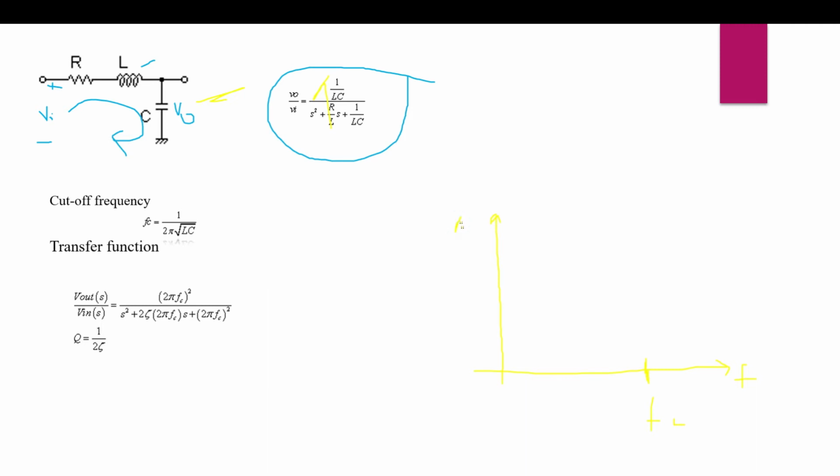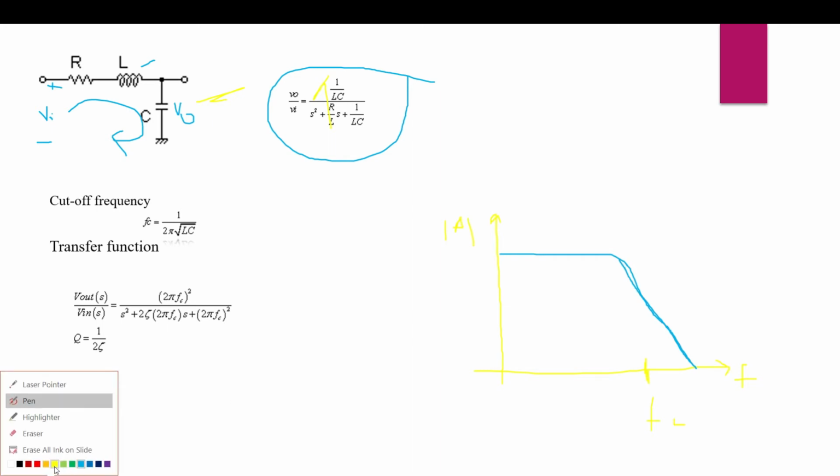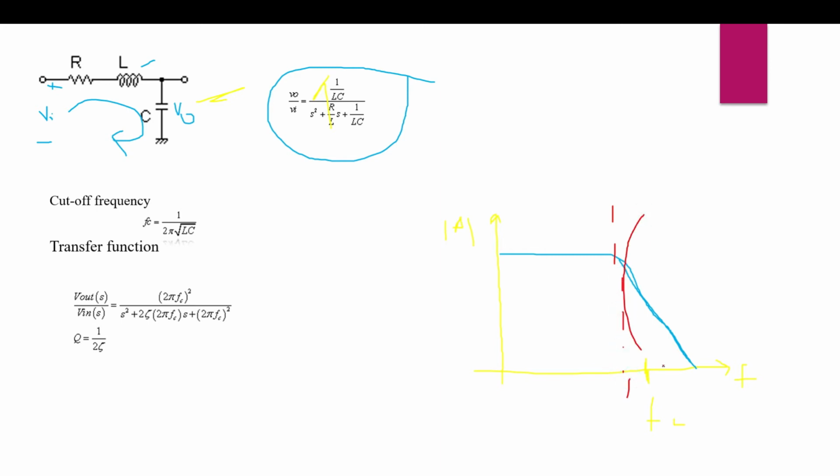So we are plotting gain versus frequency, right? For the LC circuit to behave as a low pass filter, it has to allow a certain range of frequencies, and after that, it will reject. You can clearly notice here that it is allowing the set of frequencies up to a frequency called FC. After that, it will reject everything. So this part is rejecting, this is the allowable part, and the remaining is the rejected part.